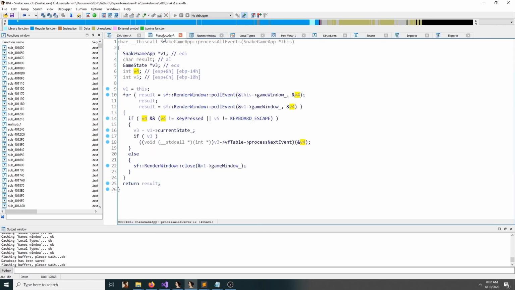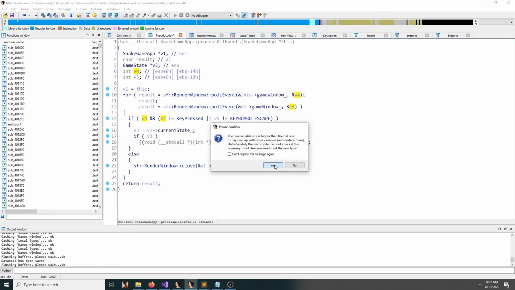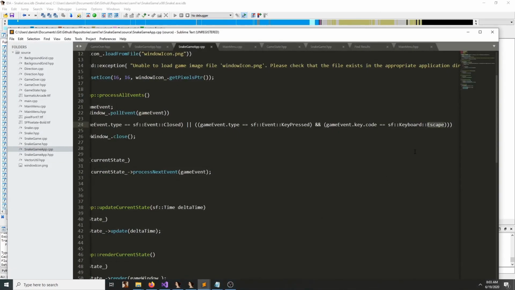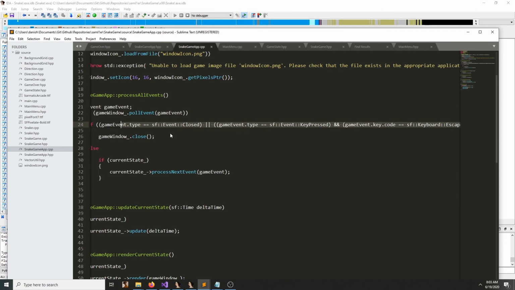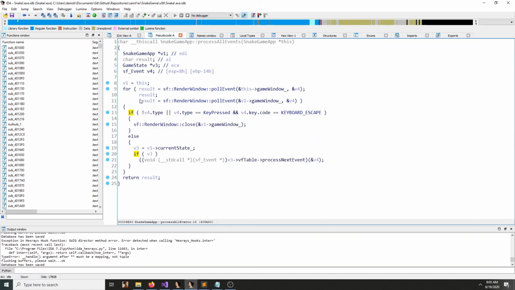Since we know that the v4 variable is the event, it is meant to hold the return value in the source code. So we change the type to sf event. If we compare this to the source code, it looks pretty much the same now. We can also flip the if statement if we want to, rename the variables,